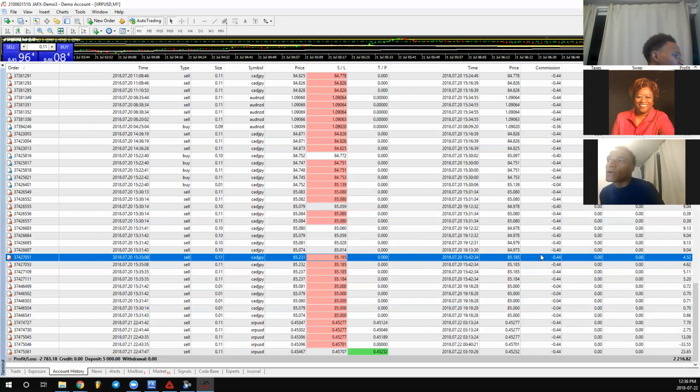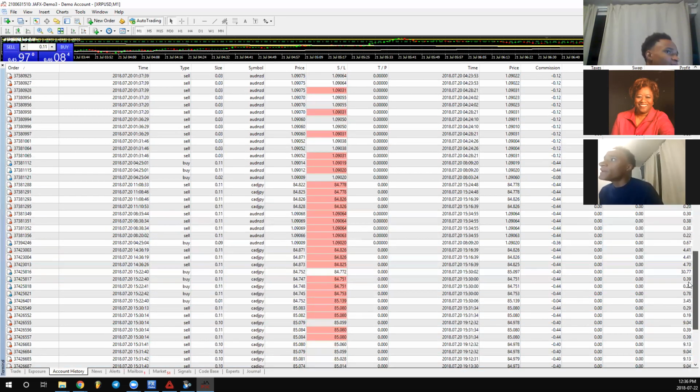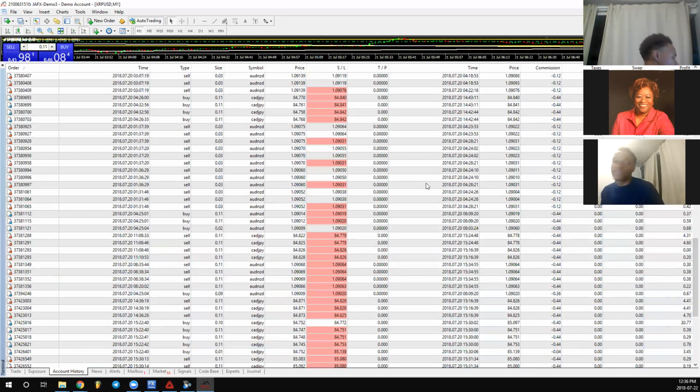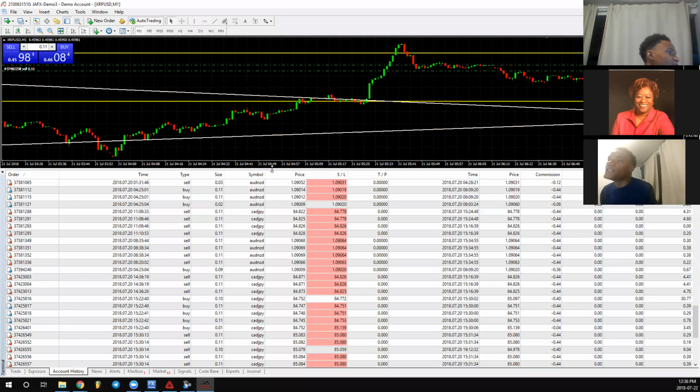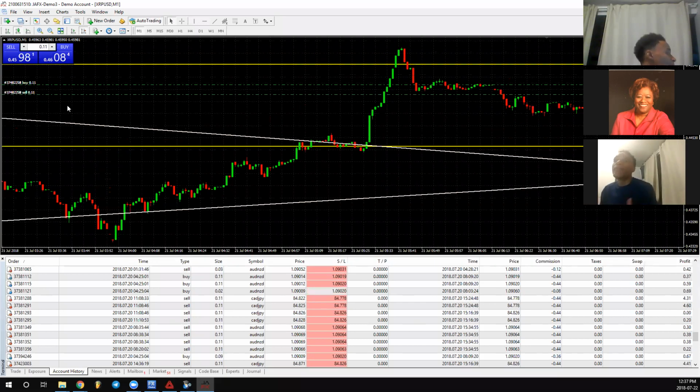It depends on how aggressive the move is. As soon as it moves you into profit, it takes you right out. I mean, it trails on you. But I plan on adding to this ratio, making sure that it's valid. There might be days where it might prove inaccurate, but